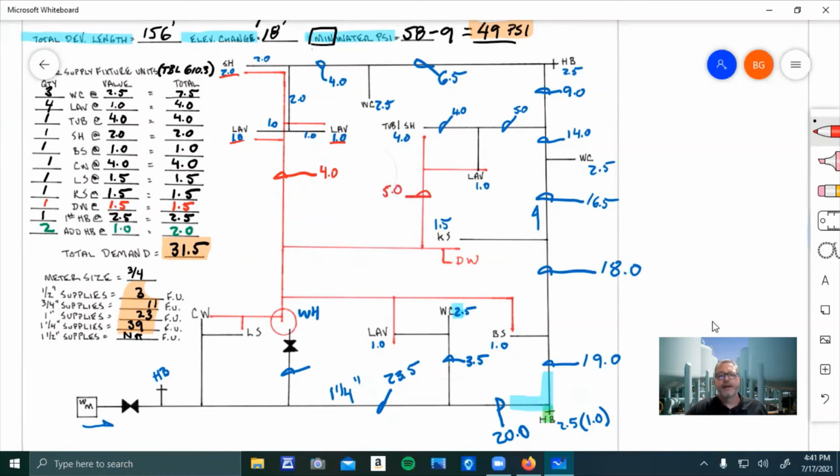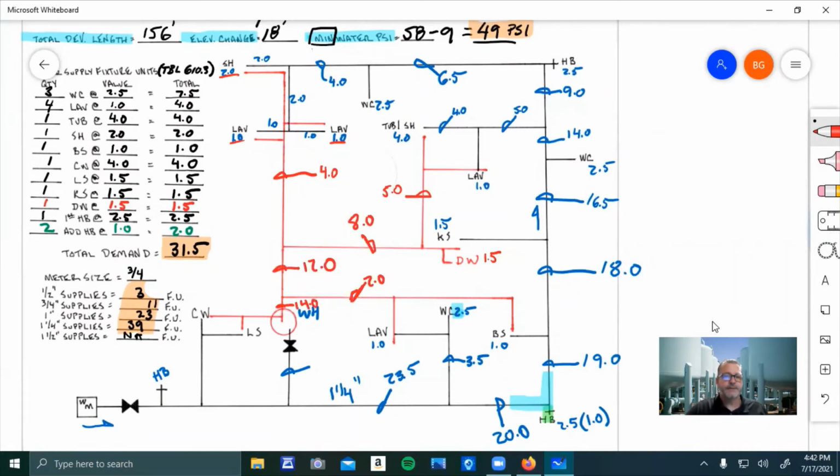Okay. I have my dishwasher and my kitchen sink. The dishwasher is 1.5. So I have a total value here of 3 plus 5. So right here, I have 8, which means right here, I have 12. Then I'm feeding the bar sink, which is 1, the lab, which is 1. So this piece of pipe here is 2 fixture units,